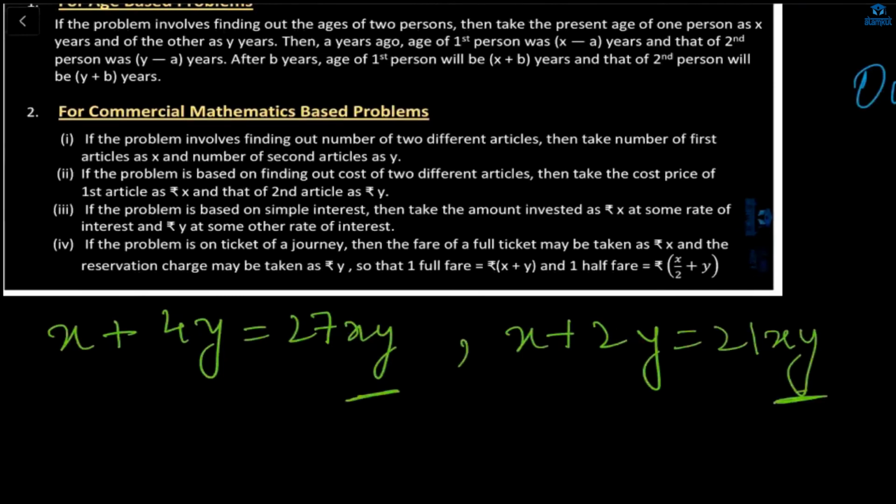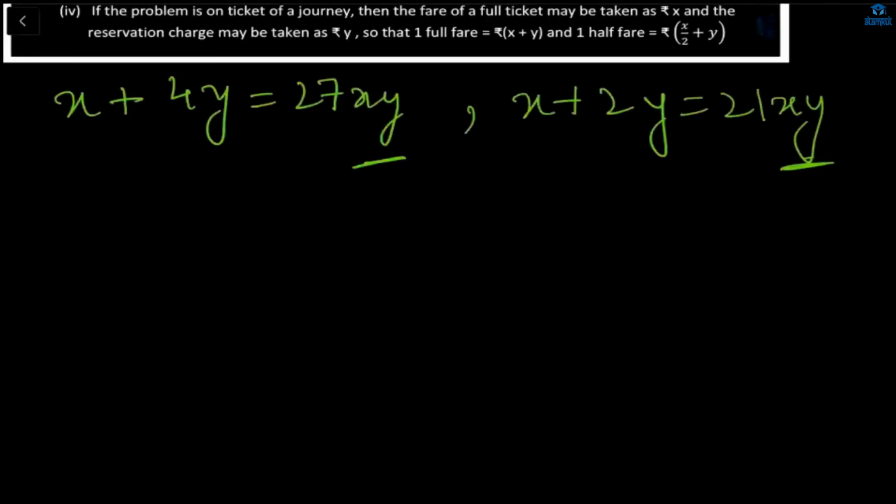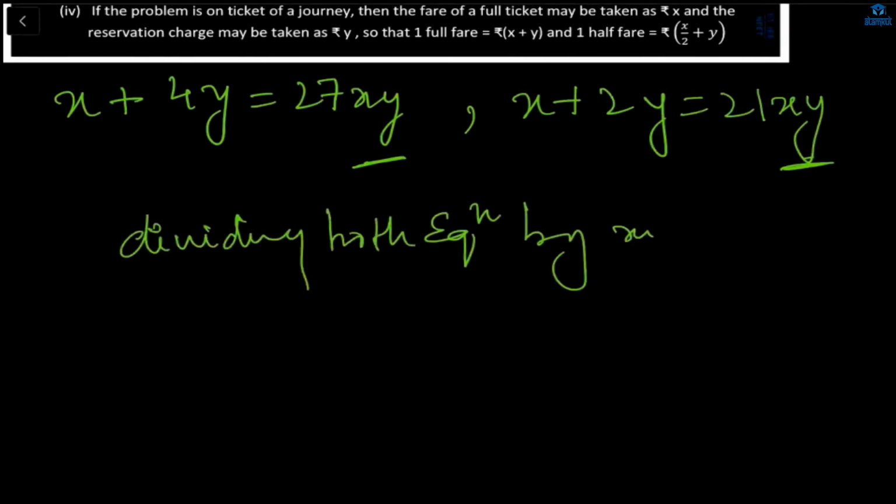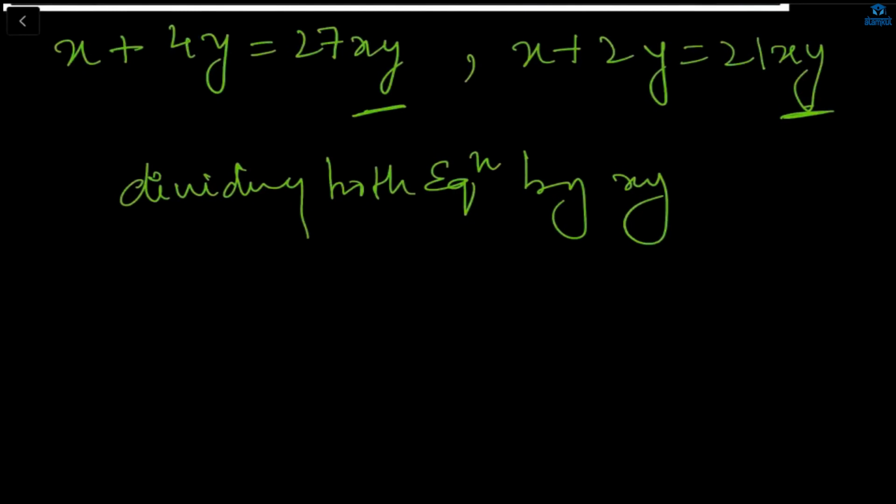Okay, so how can you solve this? To solve this equation, we are going to divide both equations by x multiplied by y. Okay, understood? So you can write dividing both equations by xy. When you divide both equations by xy, the first one is x. When you divide x by xy, you will get 1